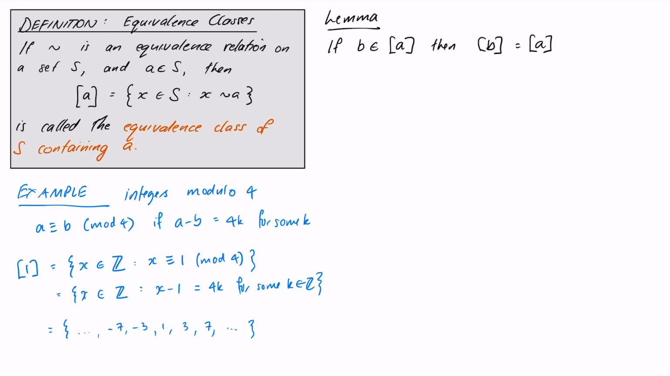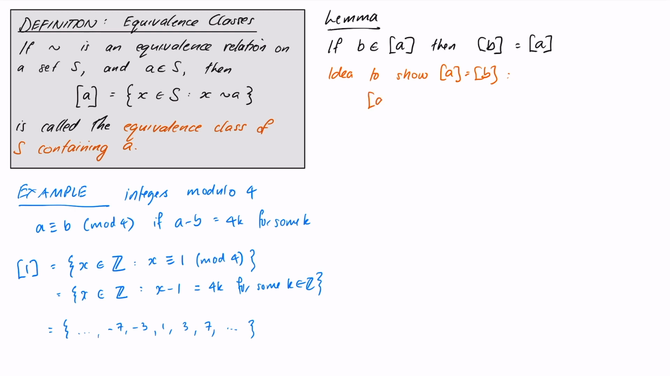So let's prove this. Basically what we have to do here is show that two sets, this one and this one, are equal. Now when we want to prove that two sets are equal, the general idea is to show